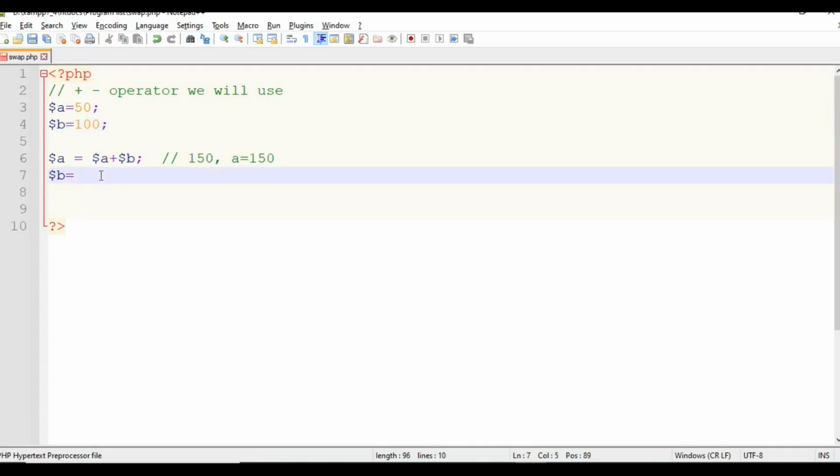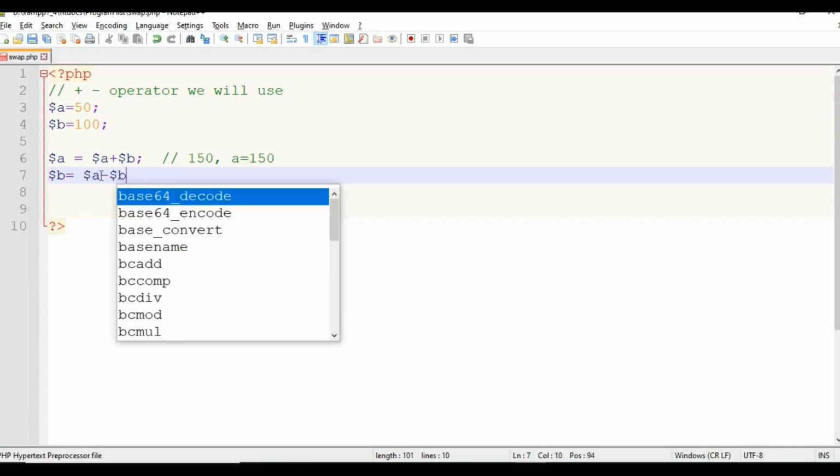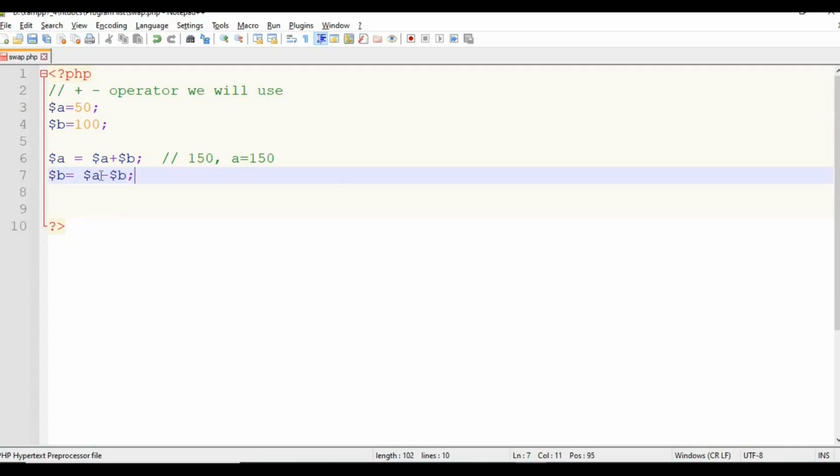So $a minus $b, that is 150 minus 100. So b will be 50.